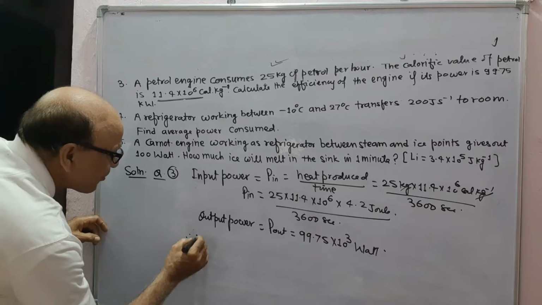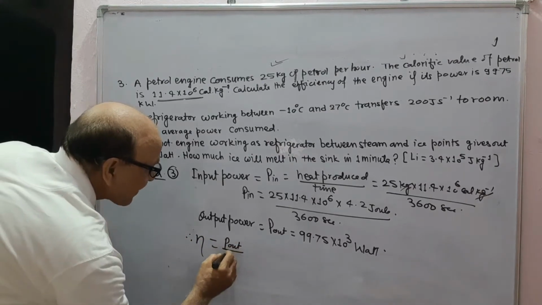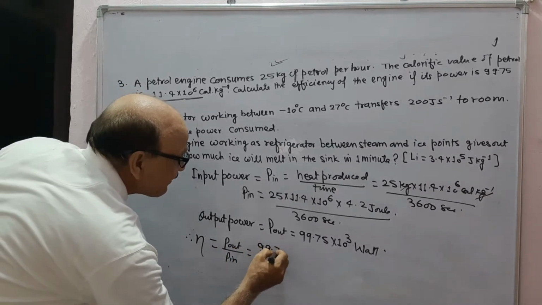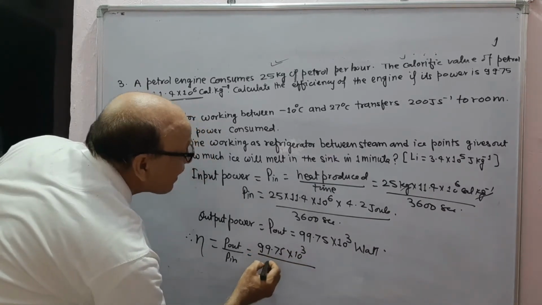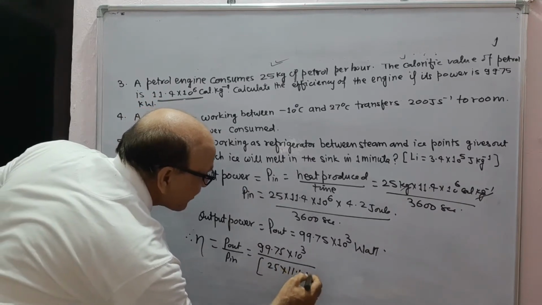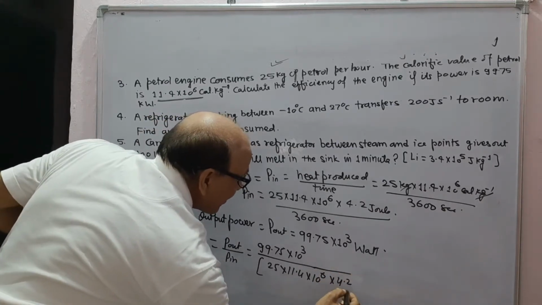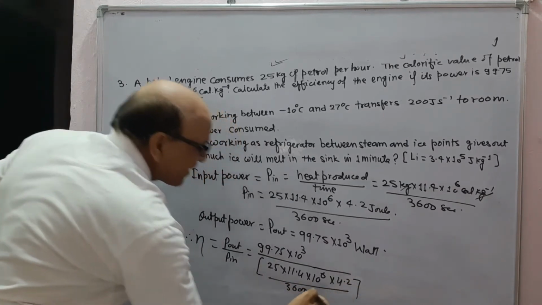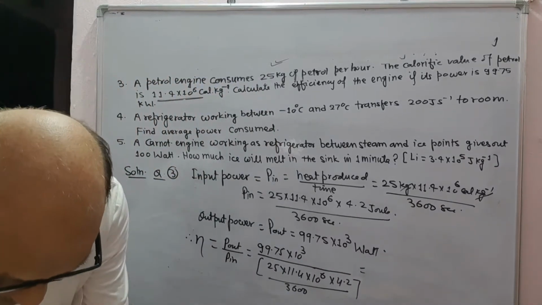Therefore, eta will be equal to P out upon P input, that is 99.75 into 10 to power 3 upon 25 into 11.4 into 10 to power 6 into 4.2 upon 3600 joule per second, which will be watt, and after calculation it will give